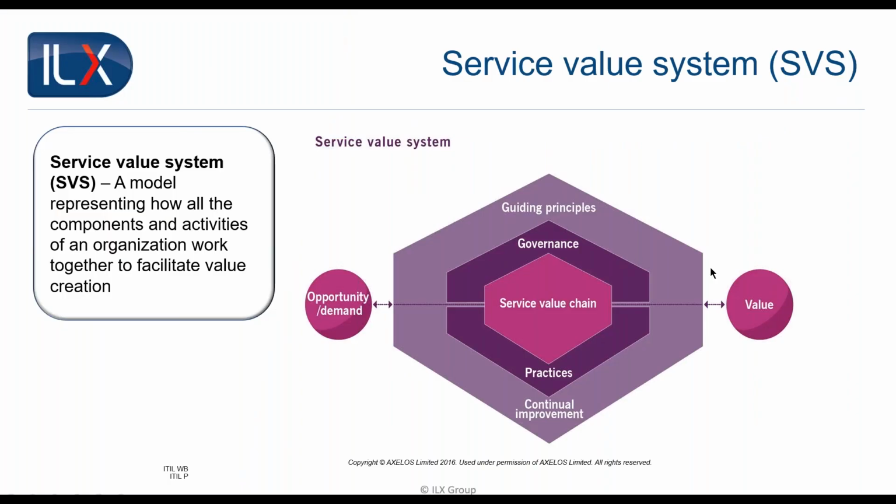Now, those of you who came on the foundation course last week and then the previous session, which was an overview of the exams, will have seen this mentioned to you. This is central to our understanding of how the ITIL framework works, operates and behaves, the service value system. It's a bit like an onion, as I said last week. You have a number of layers. Each layer represents a component involved in delivering a service to a customer that contributes to and facilitates value creation